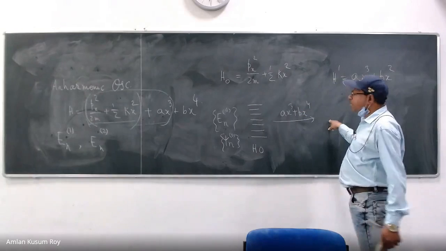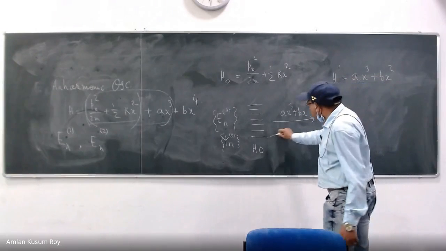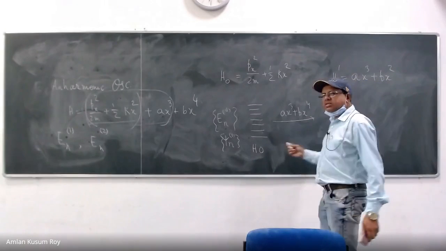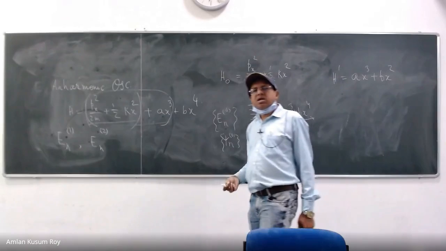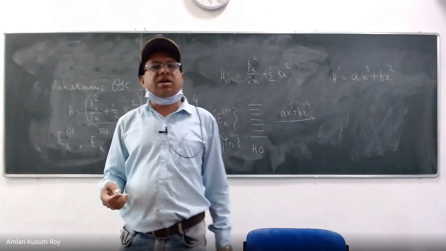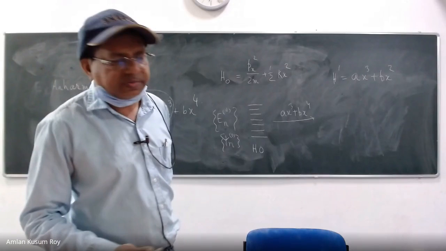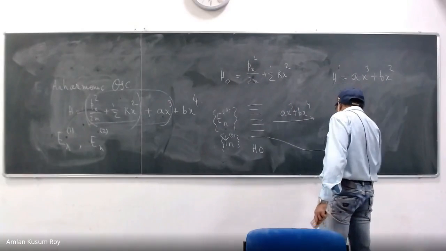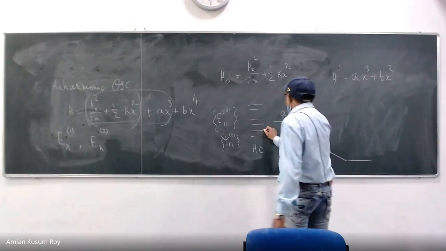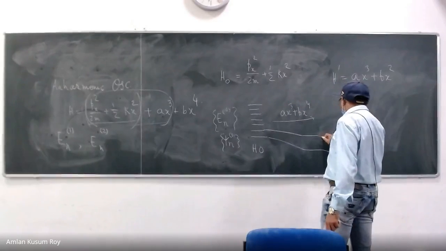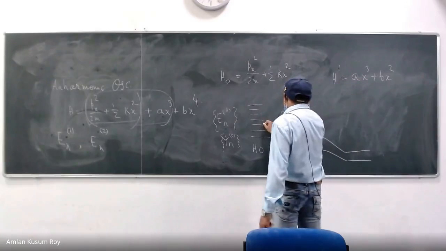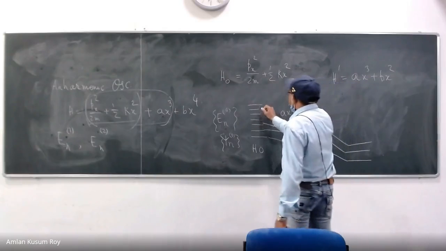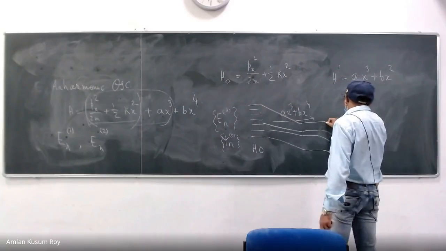Now your job is to find out what is the correction on every state, not just only one state. But the system is such that you may possibly work out such a general expression for all the states. So in this case, you apply first order correction, you will get some energy. Second order correction, you will get some energy. You apply first order correction, you get some number, second order correction, another number. So this is how it goes for all states.